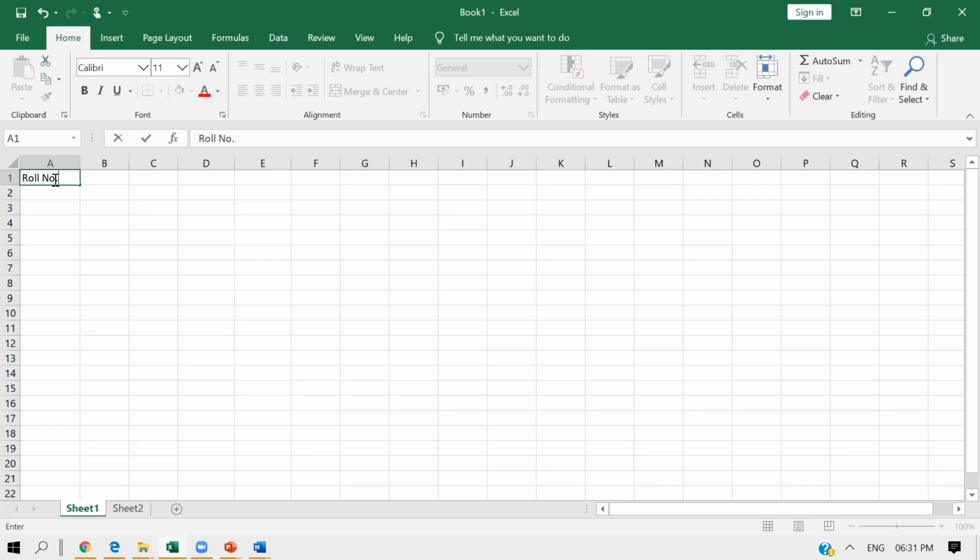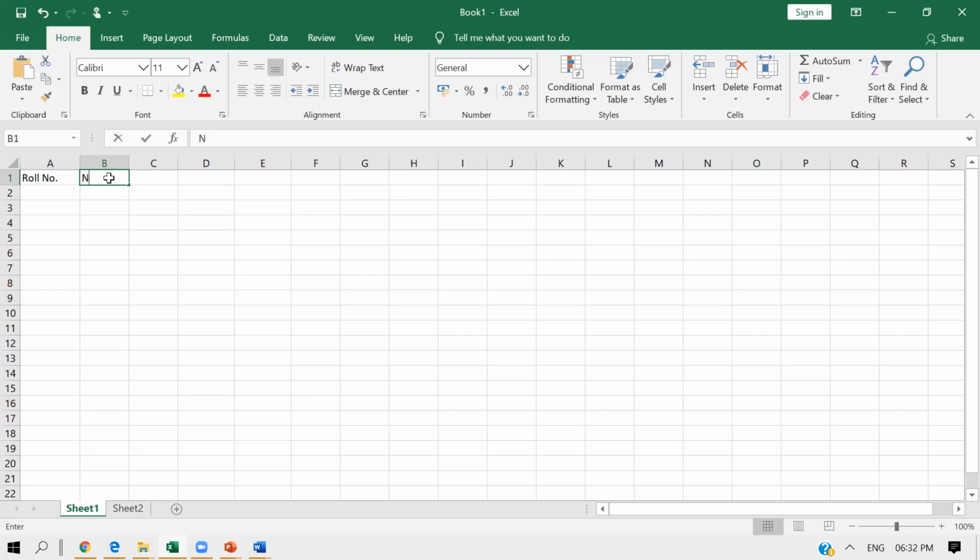Okay, now while entering the data, we see that here we have a cross or right mark. In the formula bar, we can either accept the data or cancel the data. If I say right, it will accept the data and the cell will freeze. Now suppose I write name here and I have made a spelling mistake, so I can click cancel and it will not take that data.